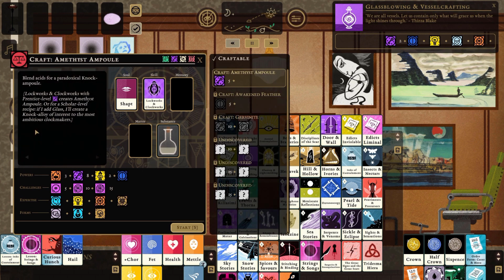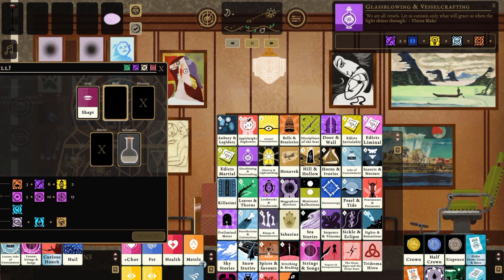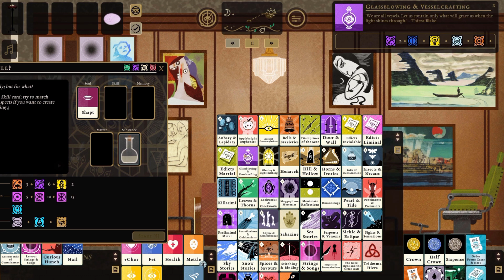Clocks and Clockworks. Glass knock alloy. Oh, so that's the knock alloy. The other one has the, so this is the knock alloy, which has 4 knock. The other alloy is a metal that has 5 forge. So, well, considering we need both, when we can use basically either one we want to,